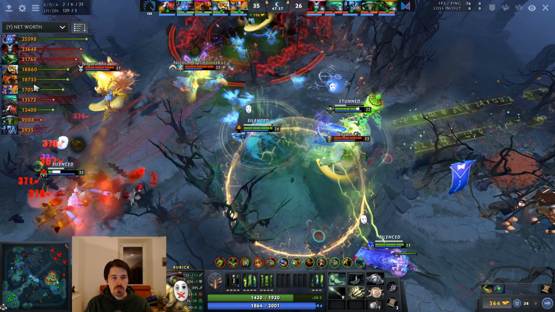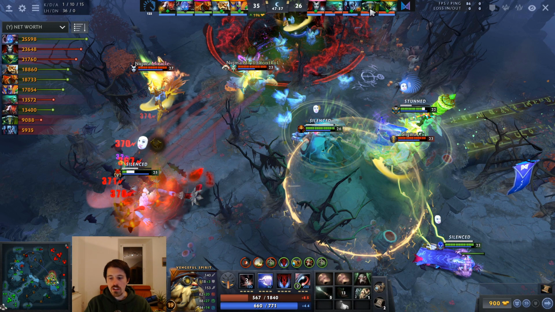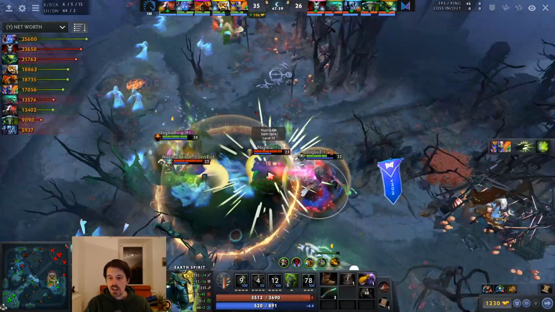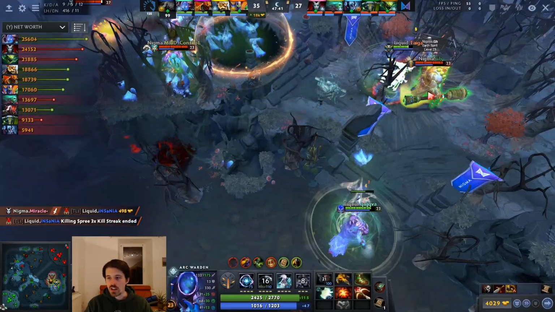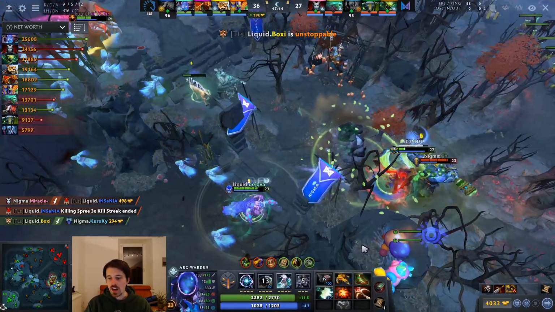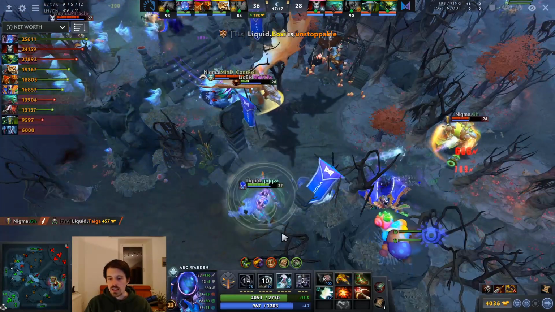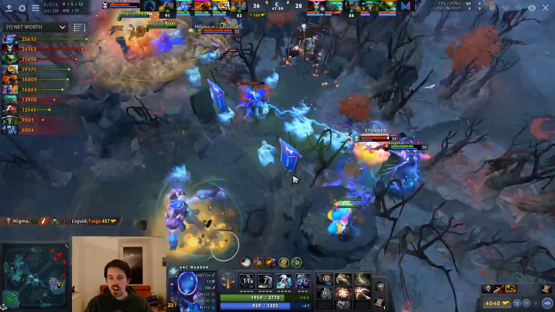So the supports are much richer here on Liquid, but you see some very efficient itemization coming out of the supports from Nigma. So even though they're behind 18-19k, they're doing really well in this fight, and Arc Warden is not really getting that much done. He just has to run from these BKB cores, and he doesn't actually do that much damage against the BKB targets, because he's not going to be able to use that magic damage from Mjolnir. His Spark Wraith and Flux are not going to do anything, so he has to retreat in this fight,